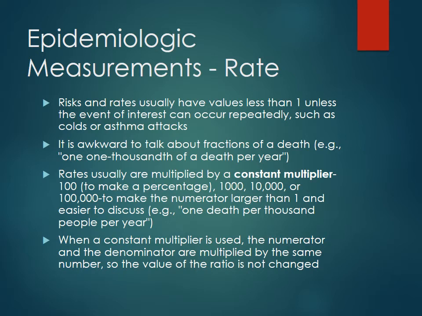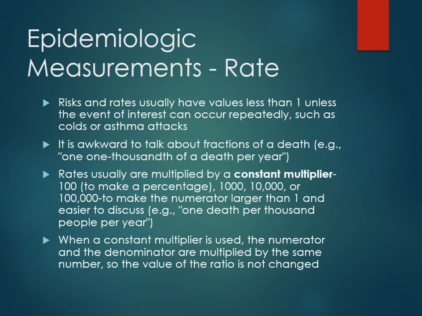So when you're looking at these numbers, it's oftentimes pretty awkward to talk about fractions of a death. You don't want to say, well, 1/1000th of a death per year. So that's where we get that multiplier from, to try to make it into terms that people can better understand. So you'll see that rates are usually being multiplied by some sort of constant, either 100, which can make it a percentage, 1,000, 10,000, or 100,000 to make the numerator larger than 1 and make it easier